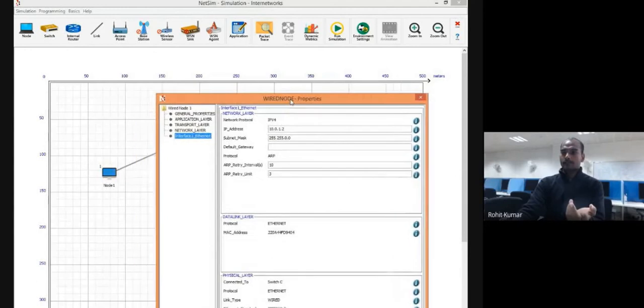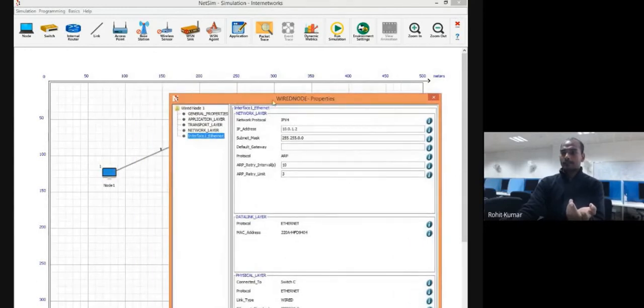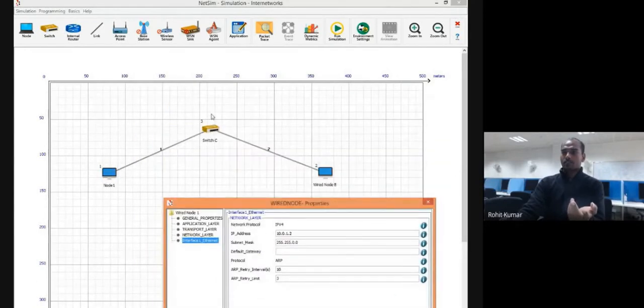Now it is saying ARP. With respect to this particular device, it will send its connection request, the ARP request, in the ARP request format. What was that format? The source IP, destination IP, source MAC, destination MAC.